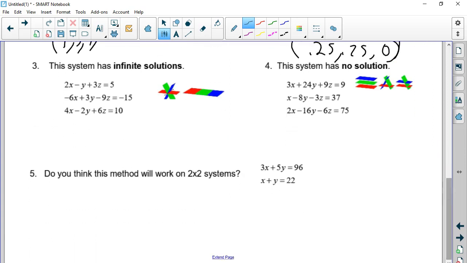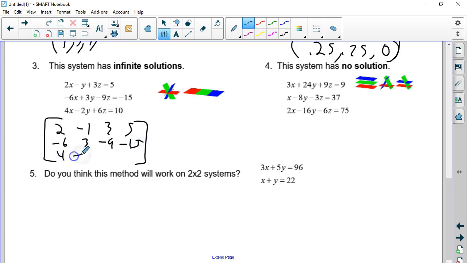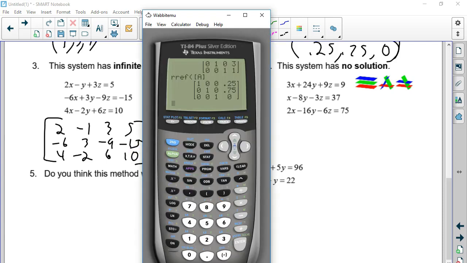Now, I want to show you what an infinite looks like. Infinite is when everything overlaps. So here's my augmented matrix for this one. It's going to be 2, negative 1, 3, and 5. Negative 6, 3, negative 9, and negative 15. 4, negative 2, 6, and 10. And in the calculator,